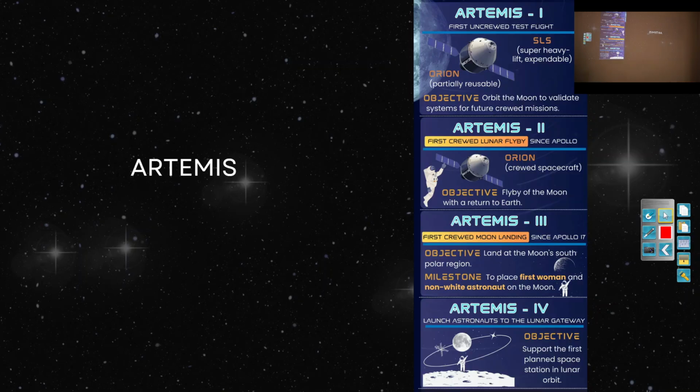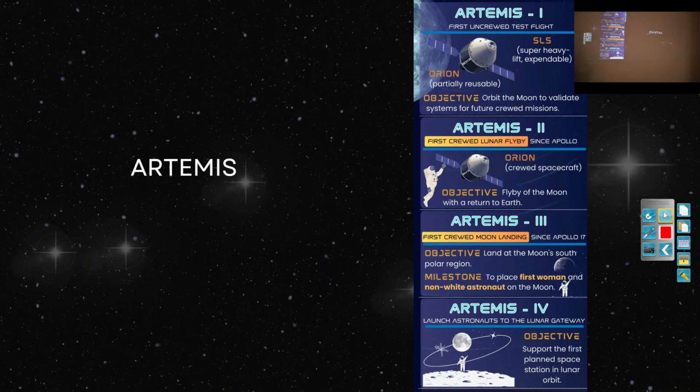And for Artemis 2, they are planning to fly by the moon. So astronauts are going to go around the lunar orbit and then come back to Earth. This is going to take place probably in 2026 or 2027, sometime there. And Artemis 3 is where they are going to land on the moon, and that will be in 2027 or beyond that, maybe around 2030 it might take.